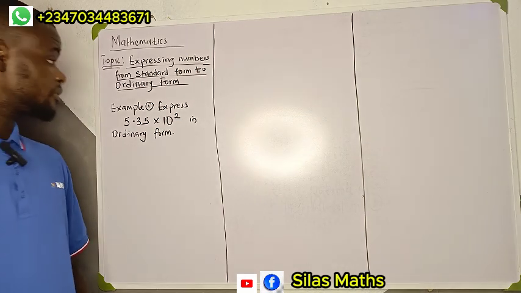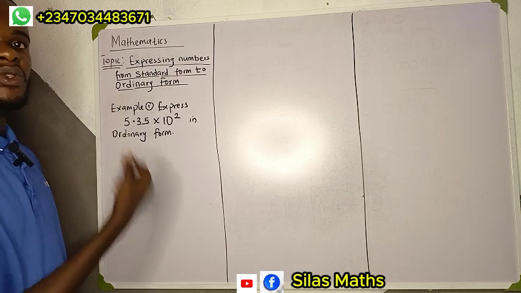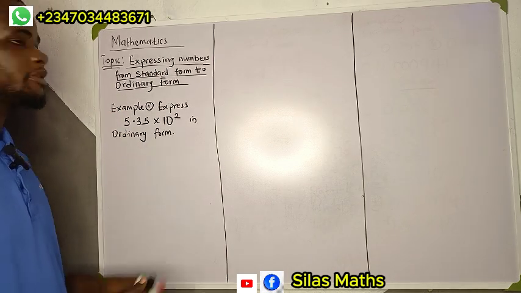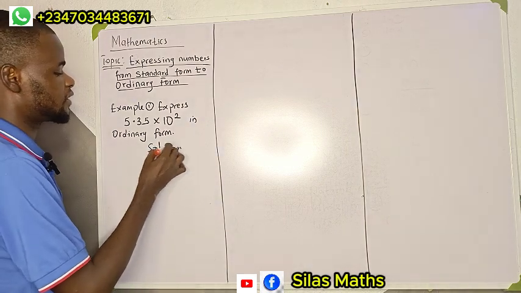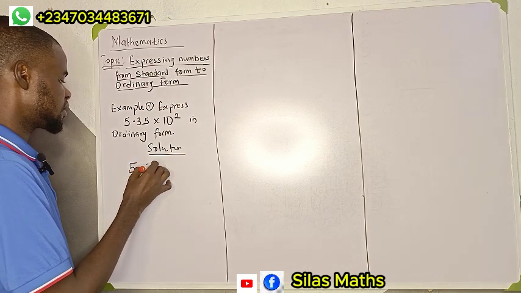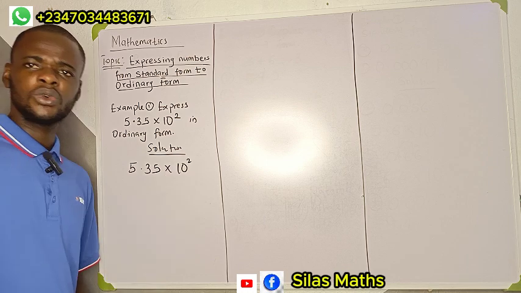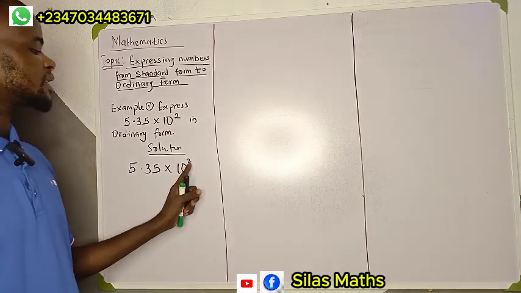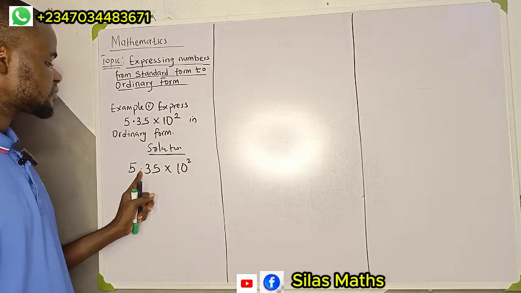Okay, let's consider this number. Express 5.35 times 10 raised to the power of 2 in ordinary form. So what do we do? We rewrite the number. Go ahead and write the number. So we have 5.35 times 10 to the power of 2. If the power is a positive power, we'll move the point